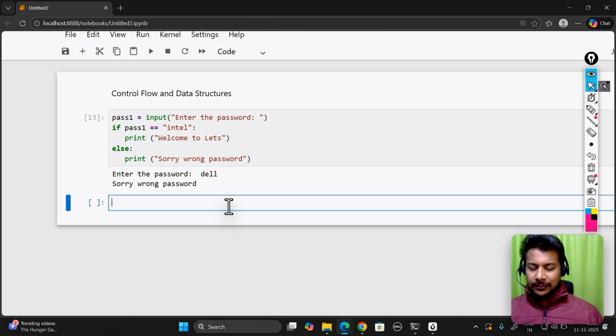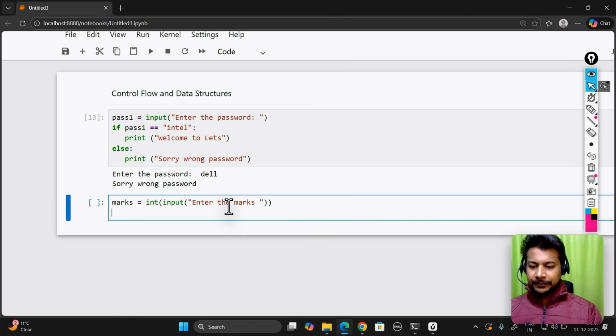The if statement. Okay, so let's take one program and understand it with the program. Marks or score, int, input, enter the marks. Based upon marks, I'm going to set a grade. So based upon marks, set the grade. If marks greater than or equal to 90,